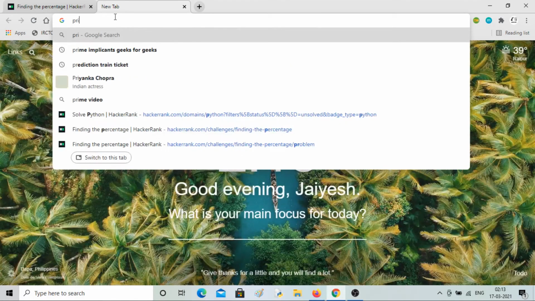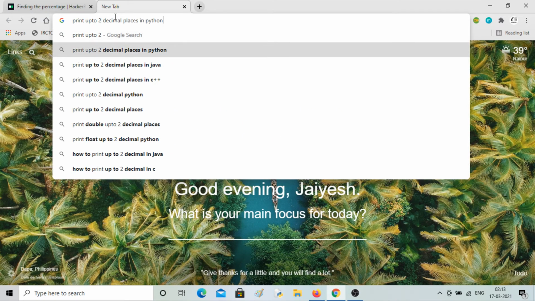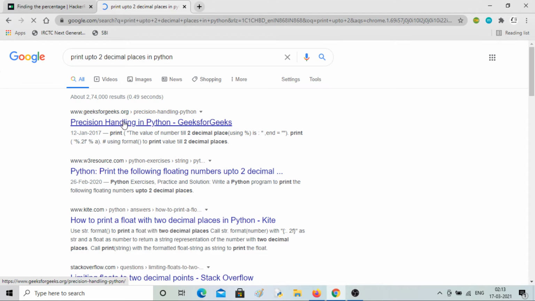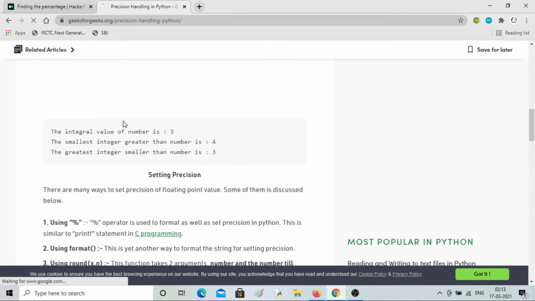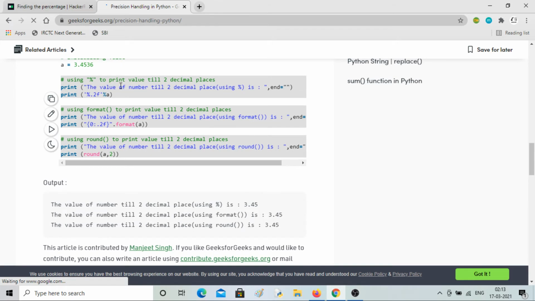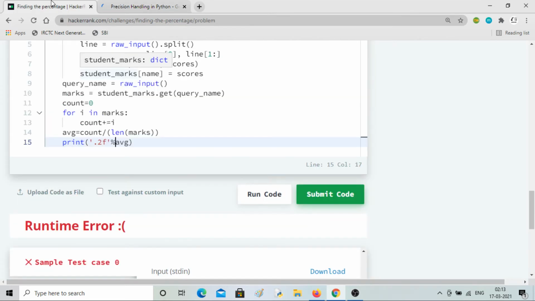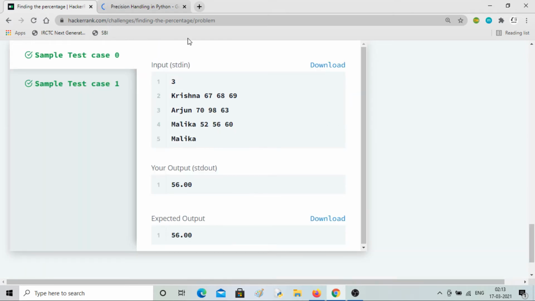Print up to 2 decimal places in Python. So let's see how we can print. Is there any syntax error? I'm doing it. So yeah, here it is being used. Percentage. Okay, percentage will also be used. Okay, so that's what I'm missing. Percentage will also be there. Yeah, now it is correct.